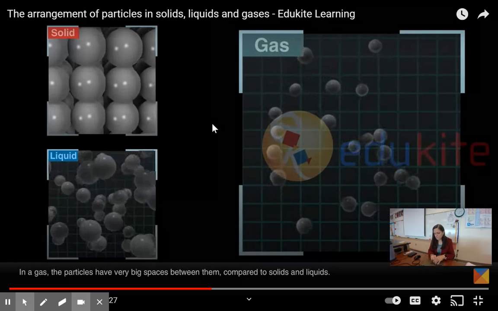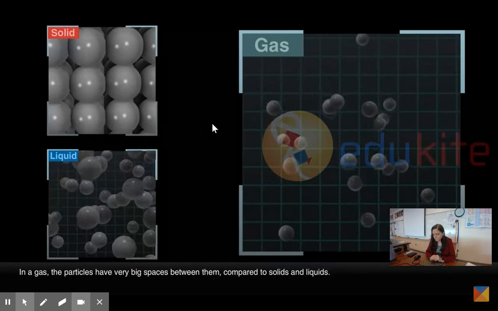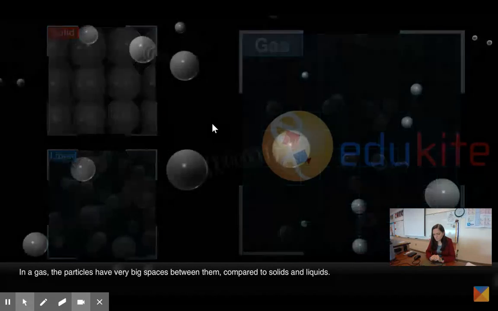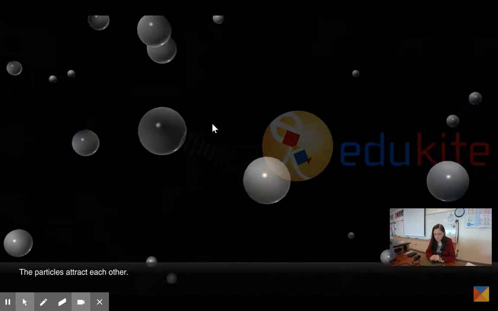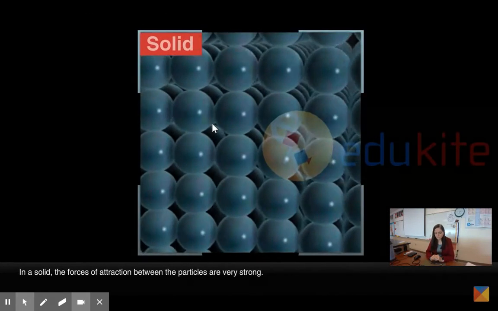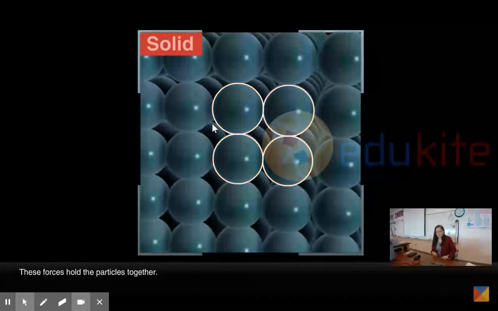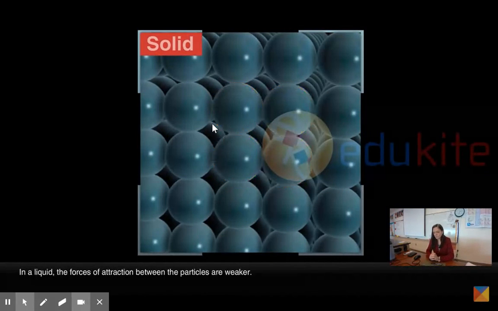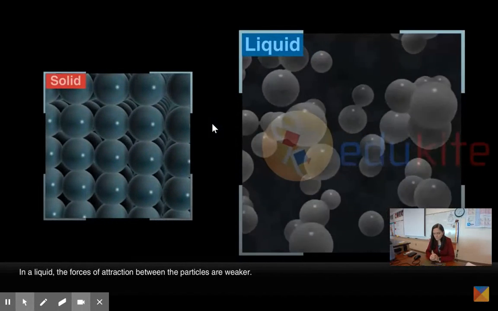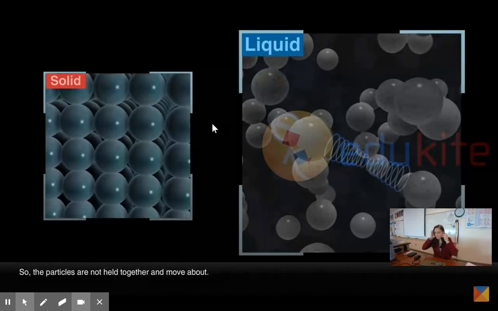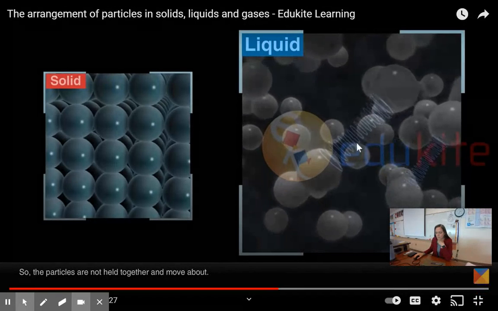Gas, the particles have very big spaces between them compared to solids and liquids. The particles attract each other. In a solid, the forces of attraction between the particles are very strong. These forces hold the particles together. In a liquid, the forces of attraction between the particles are weaker, so the particles are not held together and